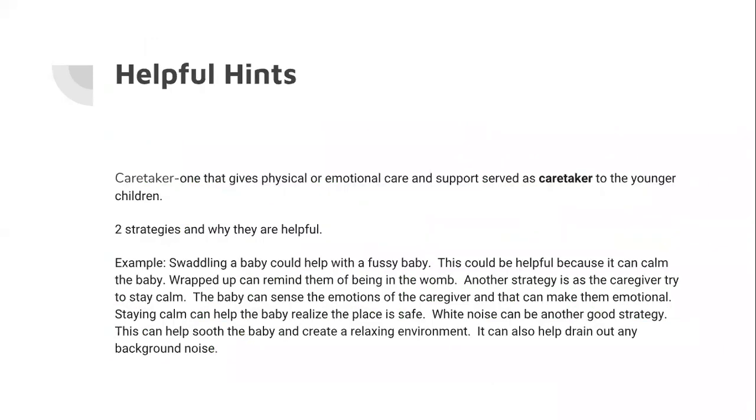And so I want to go over some helpful hints for this discussion board, and hopefully this will help with the assignment. In the question, it says, describe 2 strategies for a caretaker. The definition of a caretaker is one that gives physical or emotional care and support to children. So thinking about a caretaker, it is the mom and dad. It could be whoever's watching the child if the parents are both working, like a grandparent or daycare or babysitter,